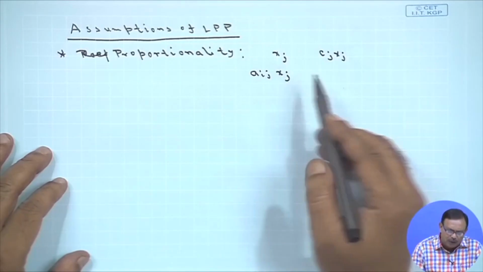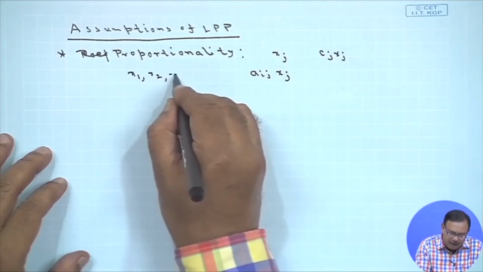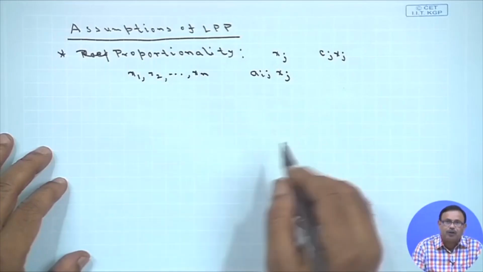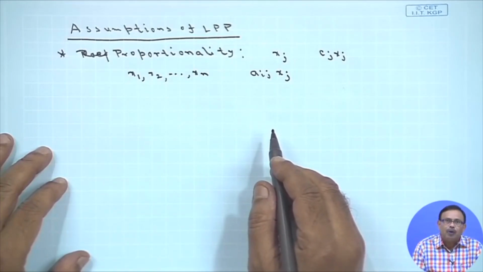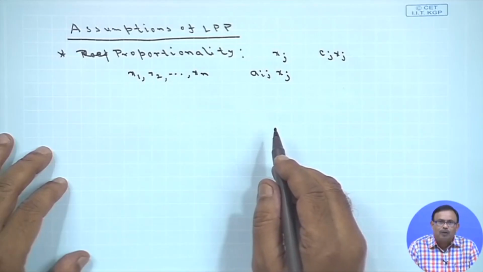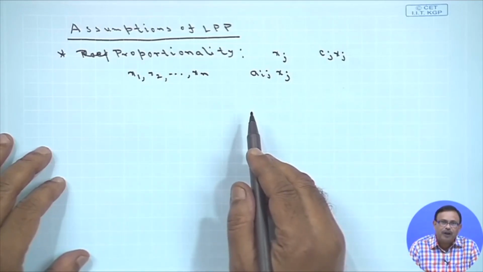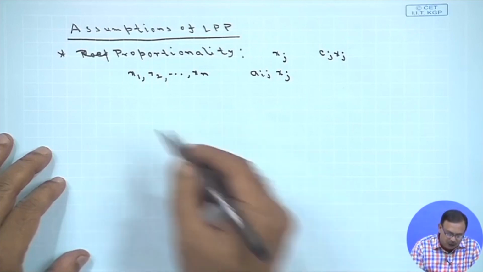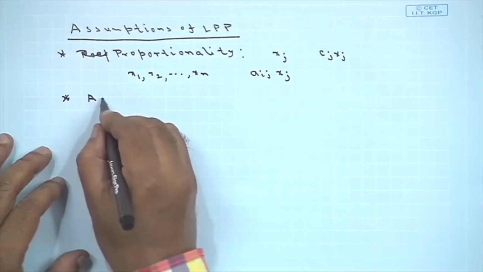So, here what we want to say is that proportionality means if I have n variables x1, x2, up to xn, then all these n variables will be given the equal weightage. No one will be given any extra weightage. That is the meaning of proportionality. Each variable will be given equal proportionality or equal weightage. The next one is